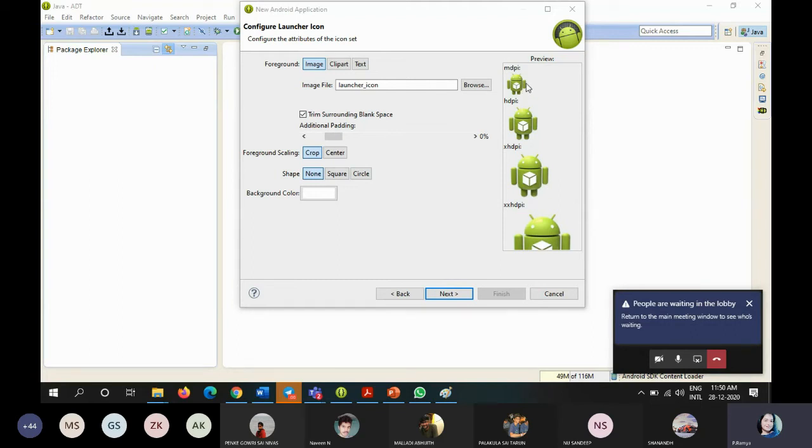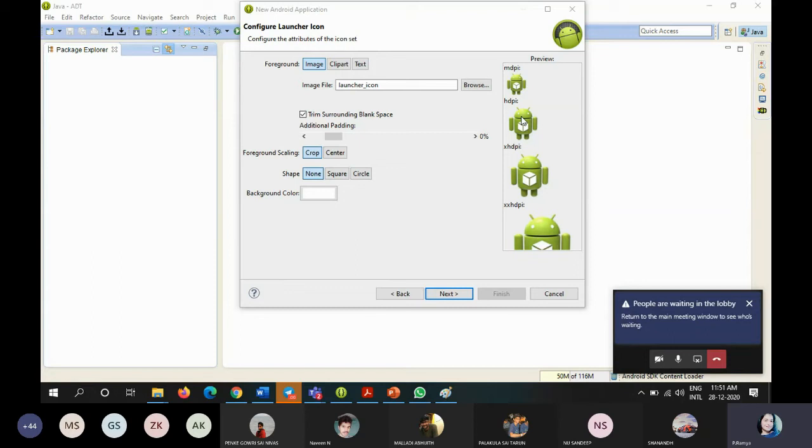That means whatever icon you select for your application will be displayed medium-wise. It is not big, it is not small, it should be medium. So if you want your application icon to be medium, you can go with MDPI.